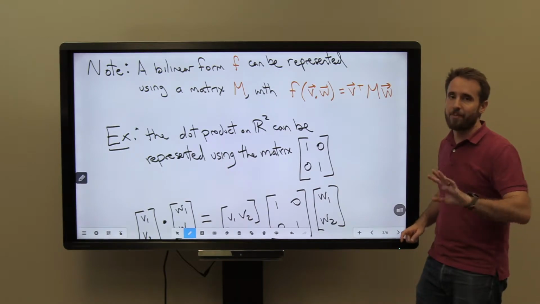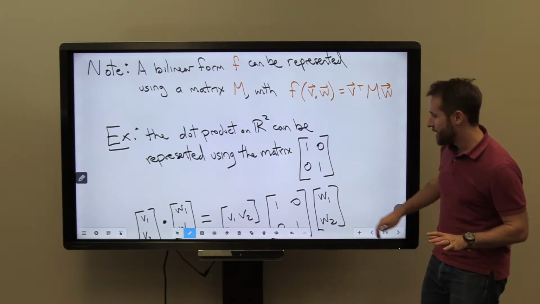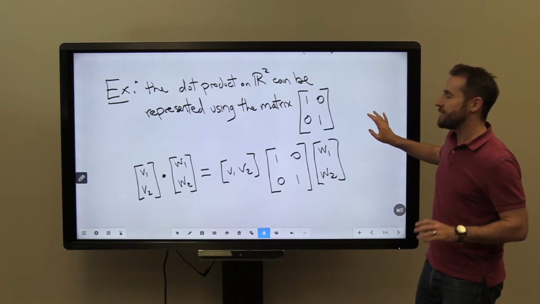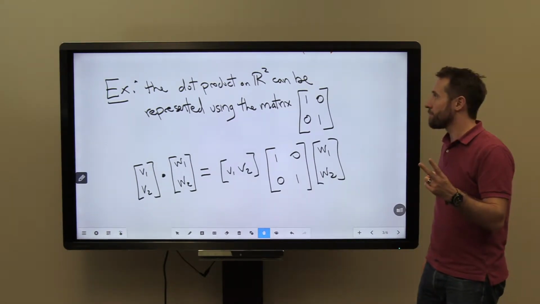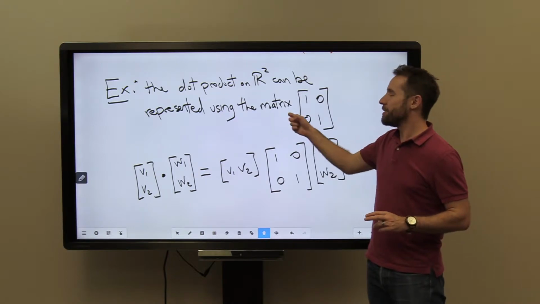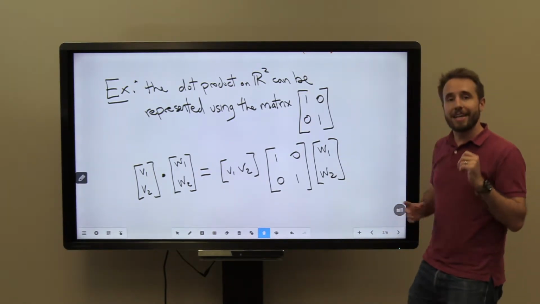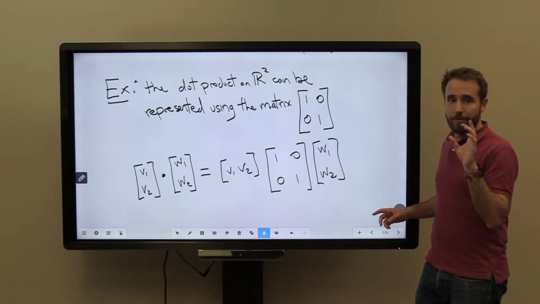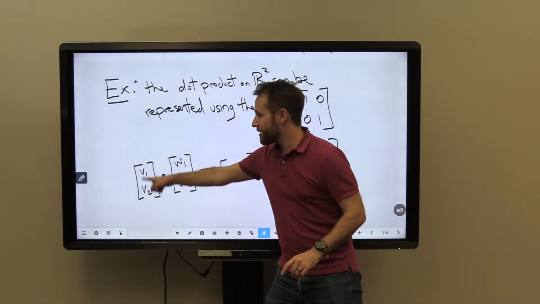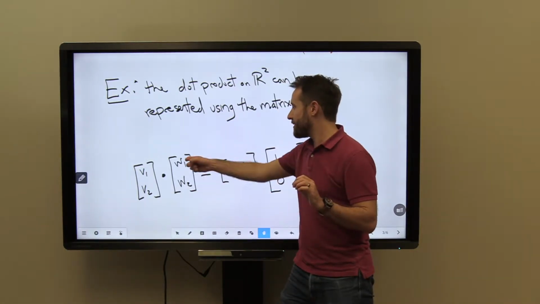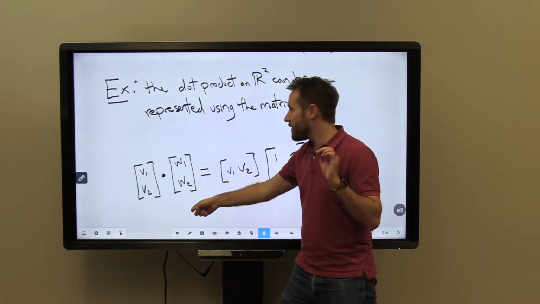So let's see an example of that, because that's a little abstract. A good example of this is, again, the classic dot product. If we look at the dot product in R2, the dot product can be represented using the identity matrix, the 2x2 identity matrix. The idea here is that if I have a vector v represented in its column form as v1, v2, and a vector w represented as w1, w2, then